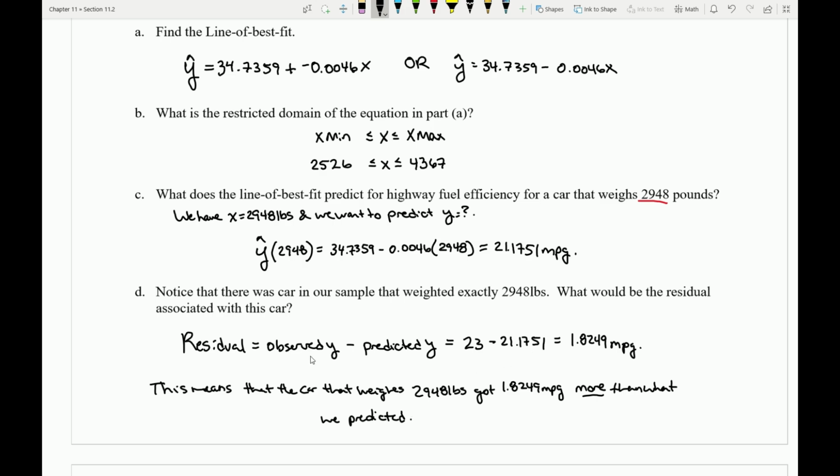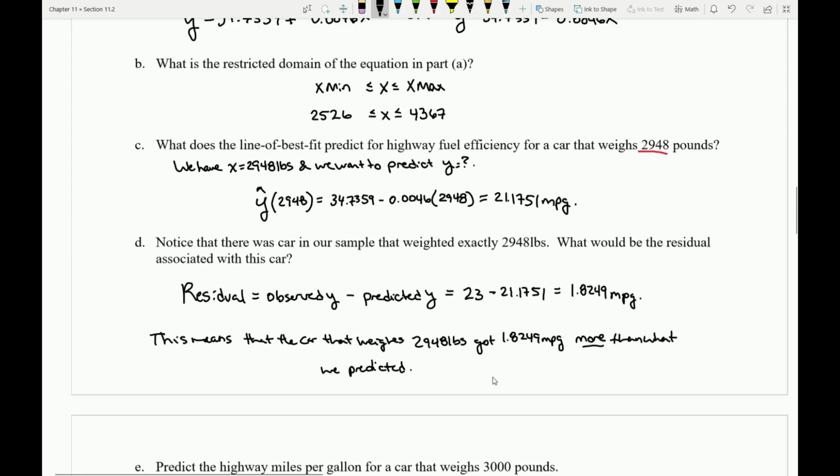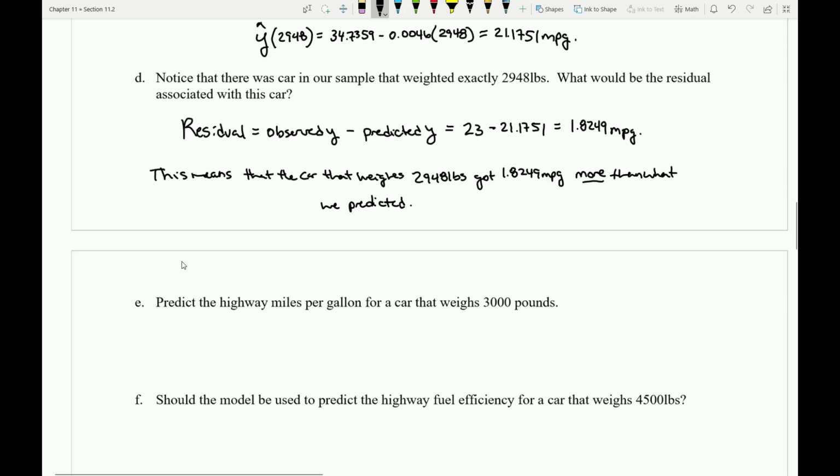Notice I can continue to do things like this. Can I predict the highway miles per gallon for a car that weighs 3,000 pounds? Okay, well, again, the first thing I want to check is 3,000 an acceptable X value that I can use to plug in? Remember, I always have to plug in values that are bigger than my smallest X and smaller than my biggest X. And it feels like 3,000 is going to fit perfectly in there. So I'm going to be able to go ahead here and just write my Y hat. When I plug in my 3,000, that's just going to look like, again, my